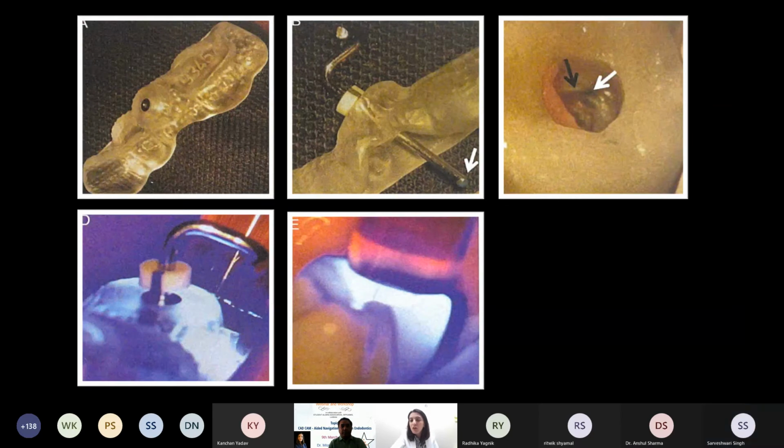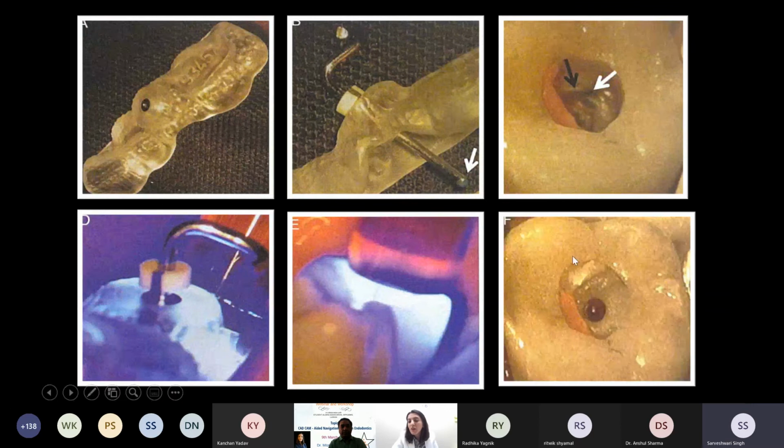After curing the composite, they removed the guide with the pin. When they removed it, this is what they saw. Just a small place of the distobuccal canal. So this way, all the other surfaces of the tooth were blocked, the mesiobuccal and the palatal canal, everything was blocked. And the only thing that we could see was a 4 or 5 mm length of the distobuccal canal on the floor itself.